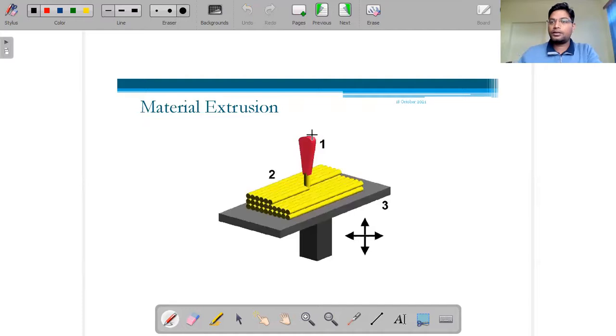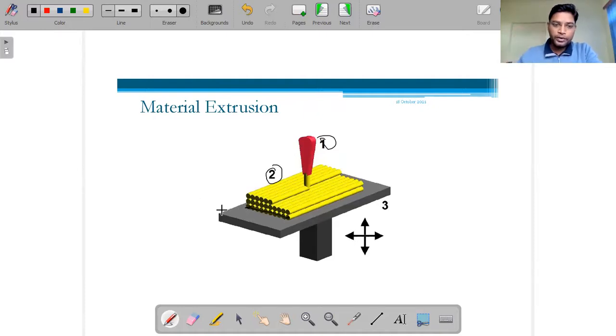Here we have a simple diagram. This pink part is the nozzle, and the yellow is the material that we are depositing. This is the width that we have to cover, and the width covered by the liquid material coming out of the nozzle is very small.